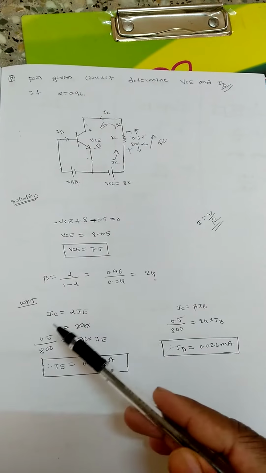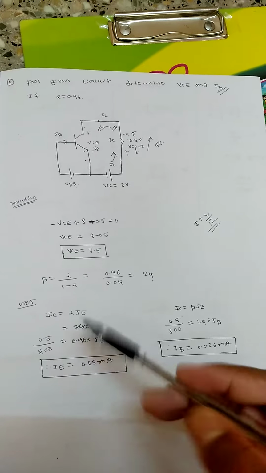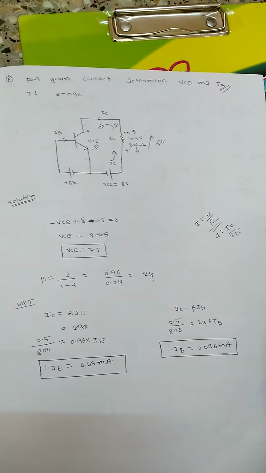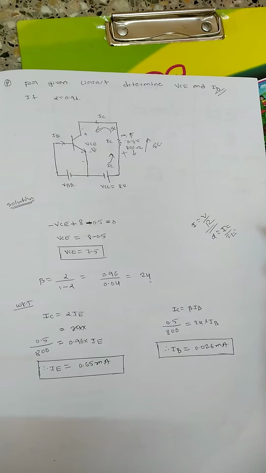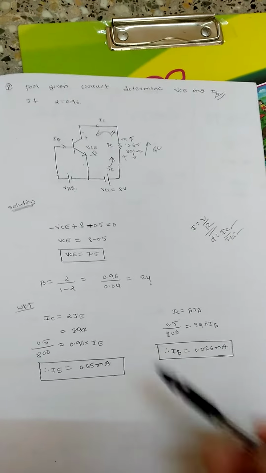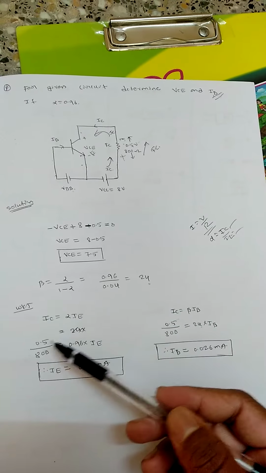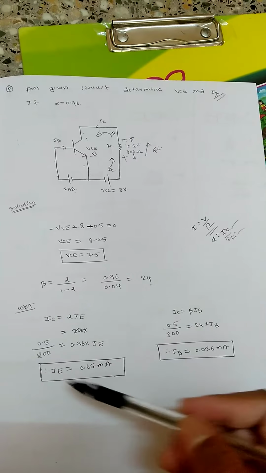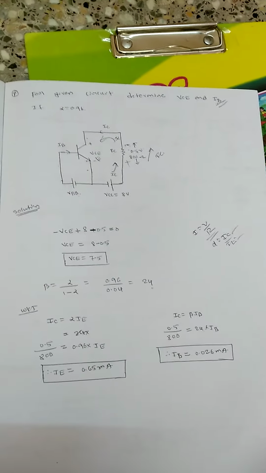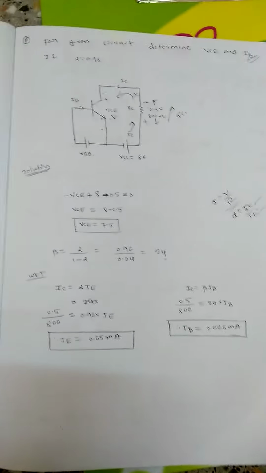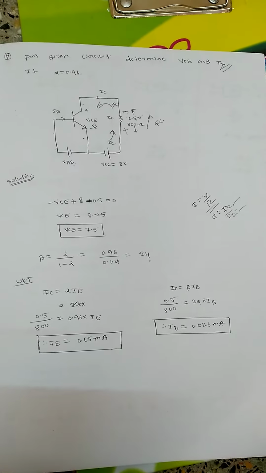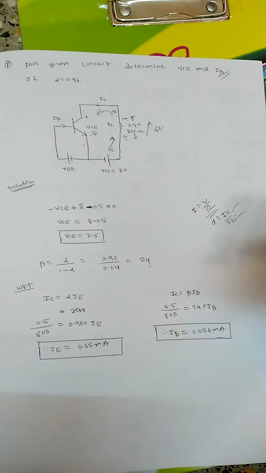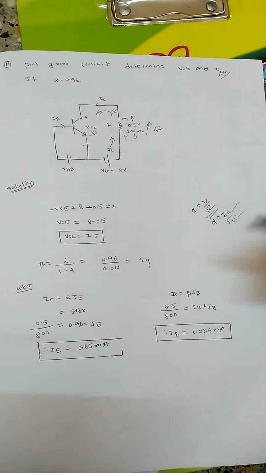All right, so IC equal to alpha into IE. So we know the relation alpha equal to IC by IE, right? So IC will be equal to alpha into IE, so output current by input current. So alpha equal to, so IC is 0.5 divided by 800 into alpha is 0.96 into IE. So IE will be equal to 0.65 milliamps. Alright, so this is how we can find out VCE and IB. As well as IC you can find out, IE you can find out, though they are not asked in this problem. Okay,